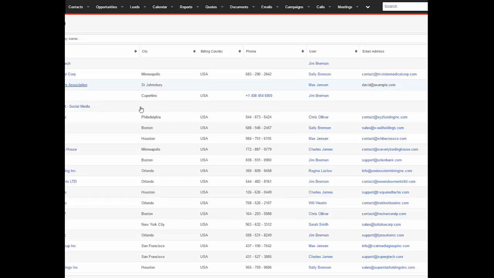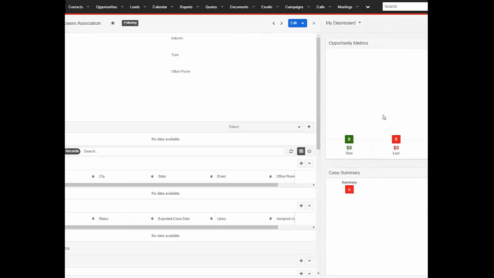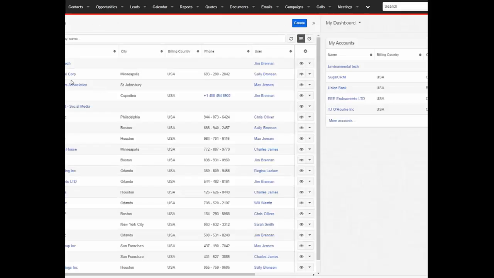I can drill right into one, Vermont Growers Association, and I've got a very clean view of the account, information about the account. I can expand this right-hand panel, and this is where I'm going to see some contextual graphics, contextual information. Let me go back to my list view. Notice that Vermont Growers Association was favorited. There are a couple here that are favorites. I'm going to click on another favorite of mine,